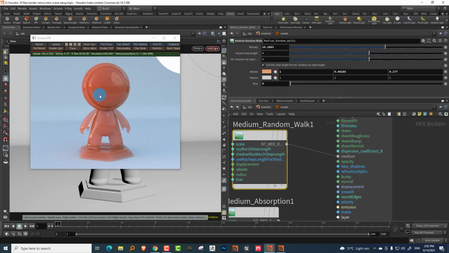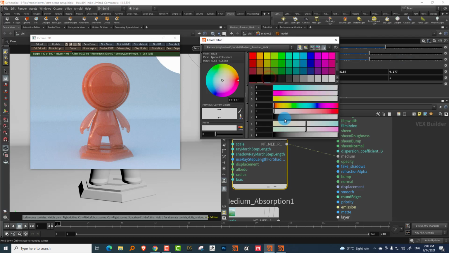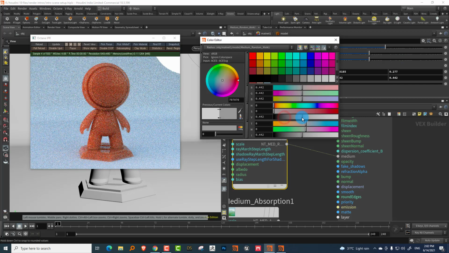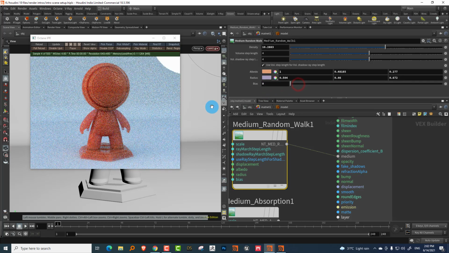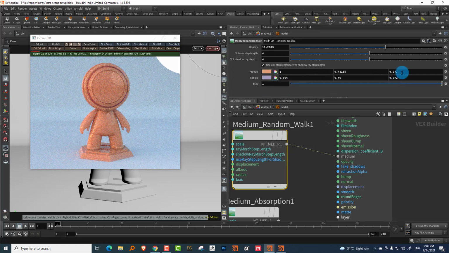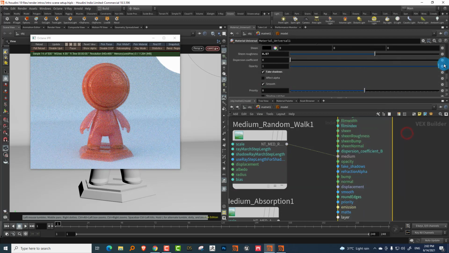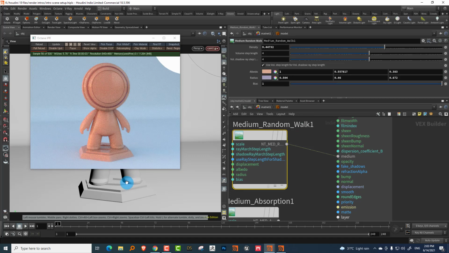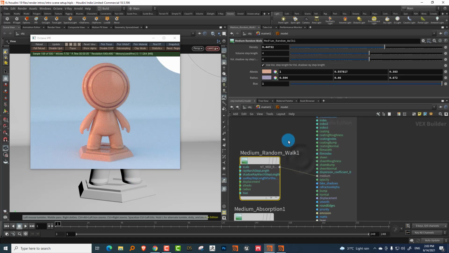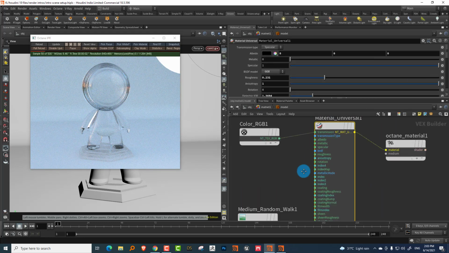Okay, so you get your basic subsurface scatter. You can adjust the radius to what you want. And if you increase bias, it adds a little bit of diffuse contribution into it. So it looks a little more diffuse rather than being completely subsurface scattering. So you can make those adjustments. And then give it a little bit of roughness. This is too shiny, so we'll give it a little bit of roughness. But there you go. Okay, so that is as far as your basic material setup is concerned. Let me just go back to it being diffuse.